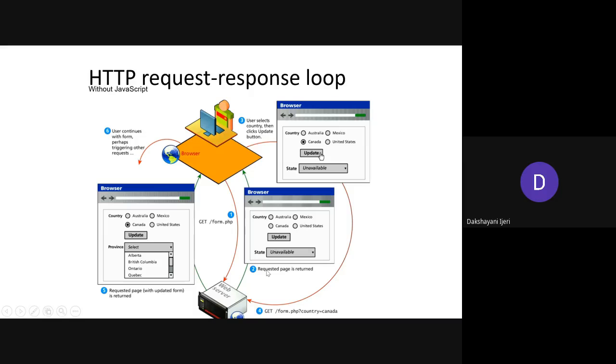You can see the requested page is returned back, which contains some fields to be filled by the user. As a third part, the data has been filled by the user, and the user clicks on a button, such as update. As soon as the user clicks on the button, the response has to be sent back to the server. Whatever data has been filled has to be sent back to the server. As step 4, you can see how the query string has been constructed, to tell what data has been selected by the user.